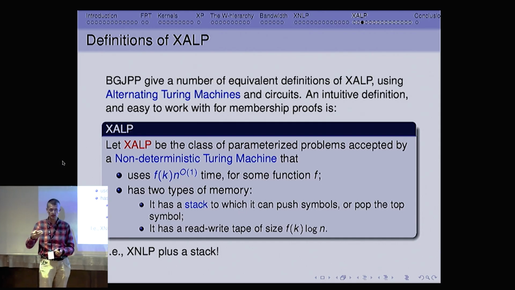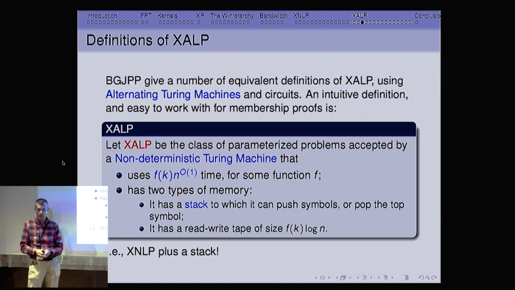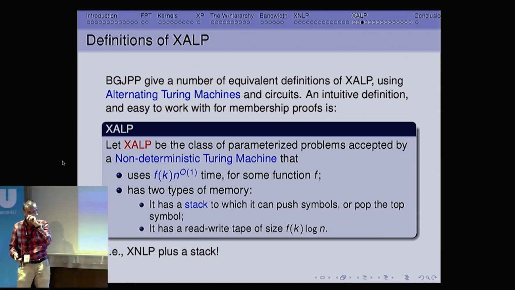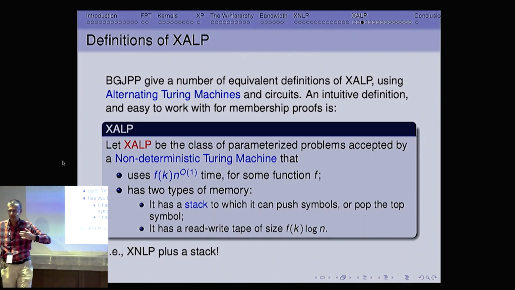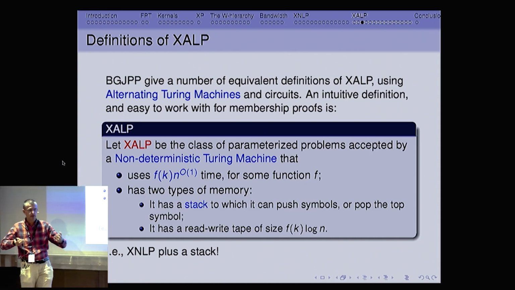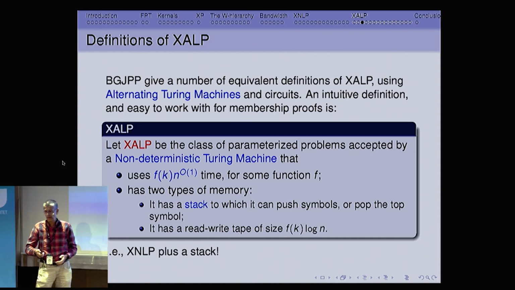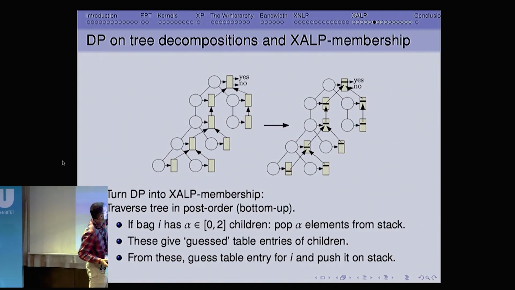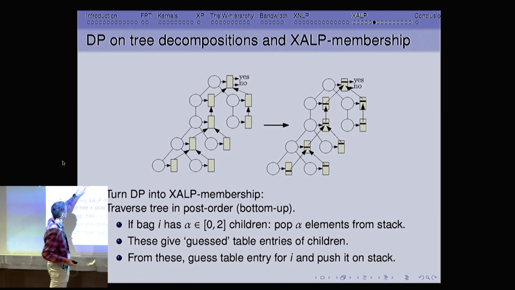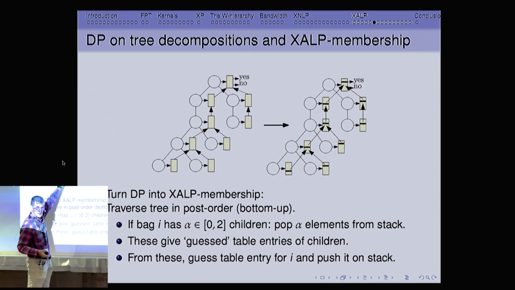But the stack functions like a stack. I can put something on top of it, and I can take something out of it, but I cannot access something below the top, unless I have already removed everything above. The stack intuition here is, if you look at a tree, you compute this, you put this on the stack, you compute. Then if you want to combine here,